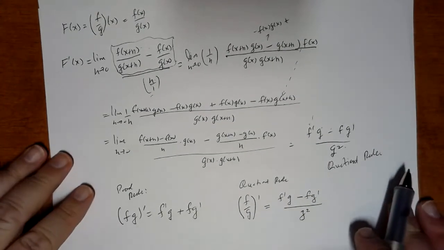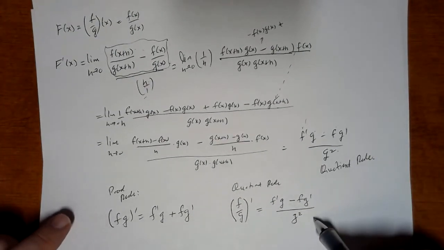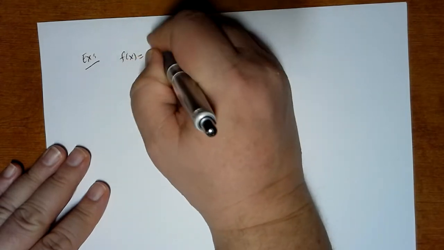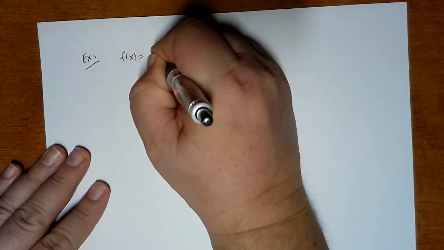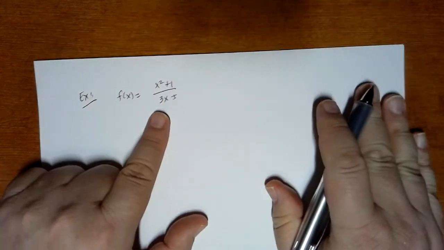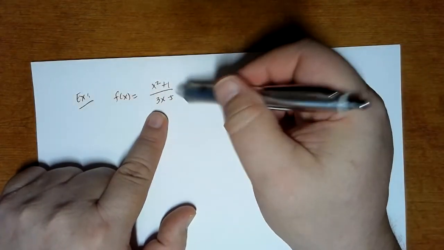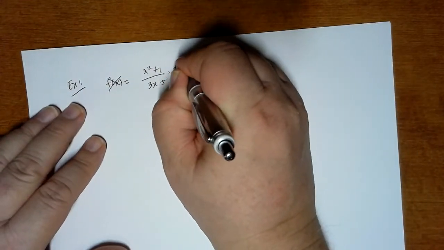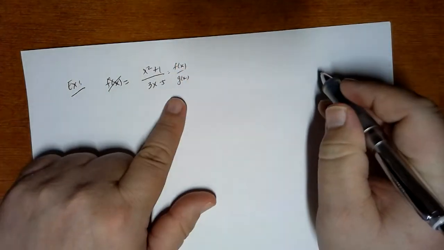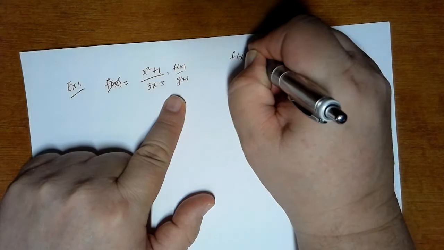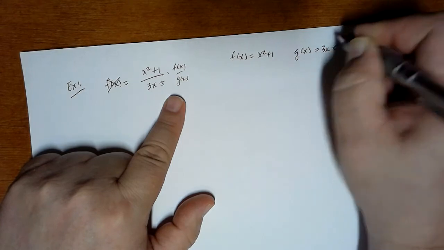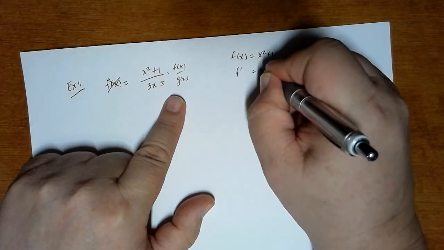Okay, let's see, maybe we can do one more example before we go. Example: how about f of x equals x squared plus 1 divided by 3x minus 5. One way you could think about it is just ignore this f of x, and take this as f of x over g of x. This might be useful if you're just starting off, because your f of x is x squared plus 1, your g of x is 3x minus 5, and so your f prime is going to be 2x,